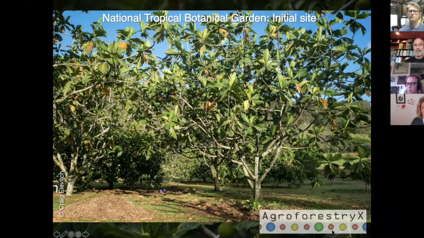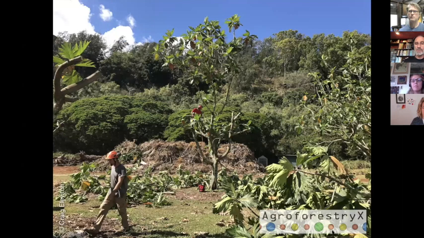This is not the conditions in which the vegetables and medium-term crops and other long-term crops would grow well. So we did what we call an intervention, and the intervention is we prune the trees heavily.